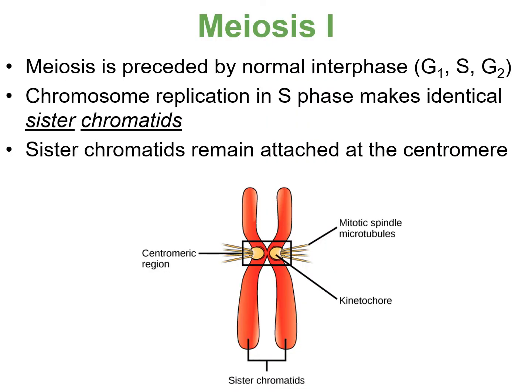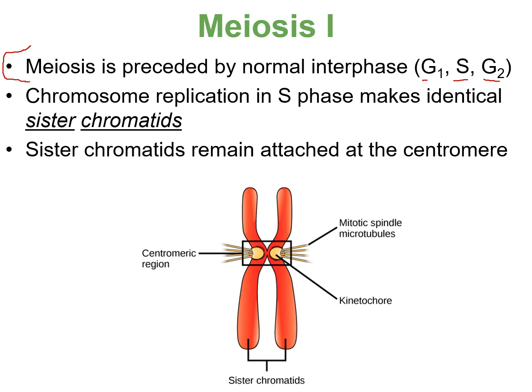So I explained this on the previous slide, but again, this concept and all the concepts that I reiterate are very important, and when I reiterate concepts, you're most likely going to see them on the quizzes or exam. So again, a major similarity between meiosis 1 and mitosis is that they both have interphase. They both have G1, S phase, and G2, and those checkpoints.